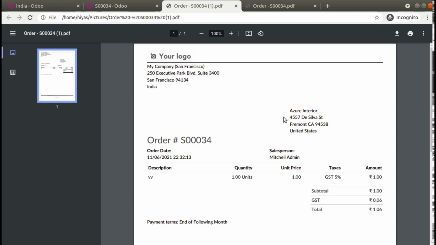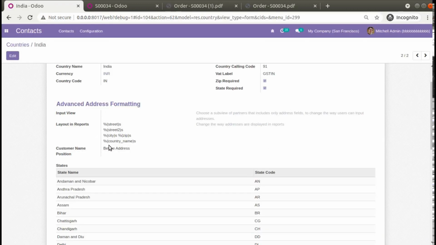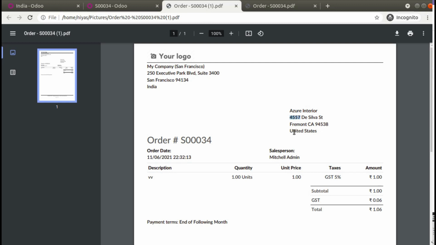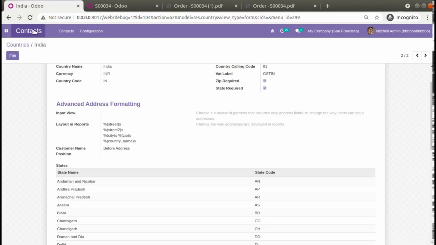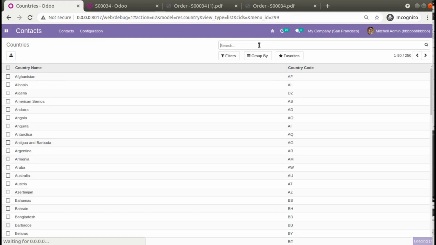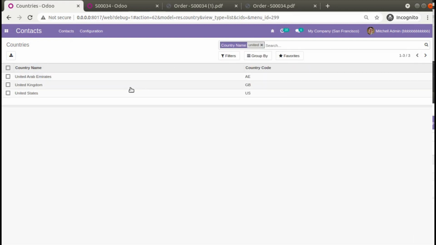Similarly, let's take a case where we don't need street 2 in a US address. Here you can see this is a US address and this is an Indian address; we have set the layout for India, and let's try to set a different address layout for the United States. We will search for United States here and open it.